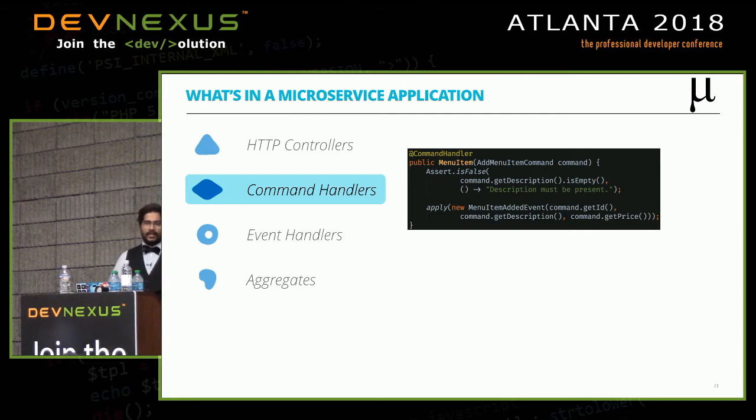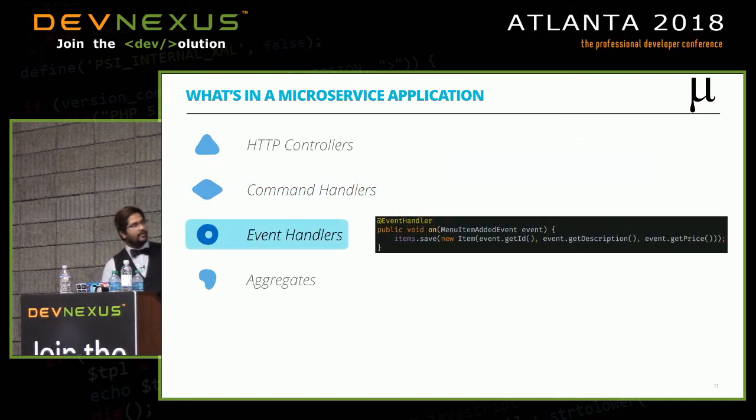So when the message propagates, Axon is taking care of actually putting it on a bus, and other services, whoever listens to this kind of event, automatically get a callback. So there'll be another part of your code which actually listens to the event. And here the method, if you notice, has an @EventHandler annotation, which tells Axon to make sure that this method gets called whenever an add menu item event is fired. The reason this bit is important is because this is essentially registering a listener to that specific type of event.